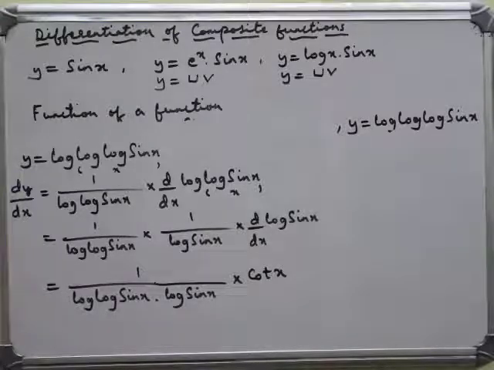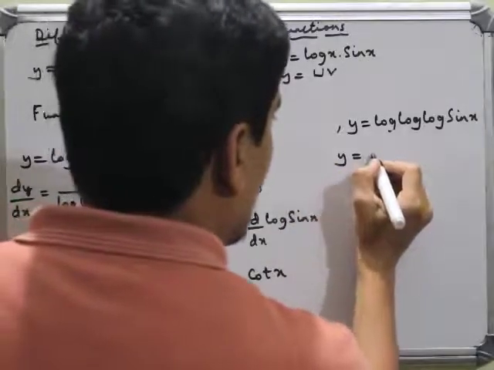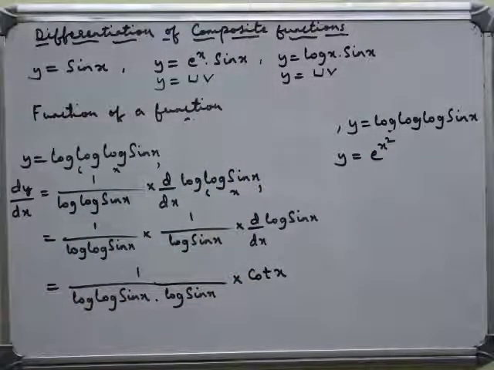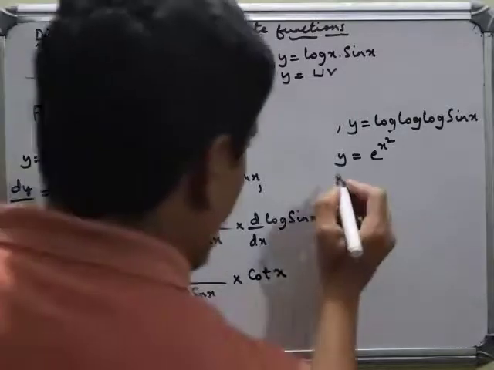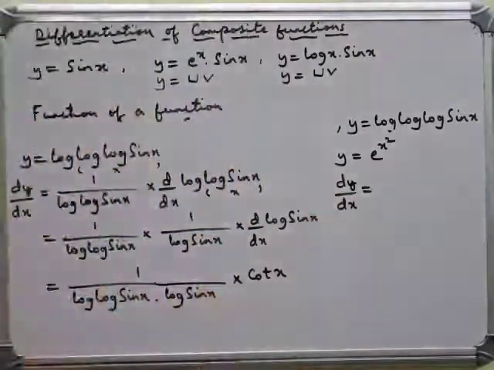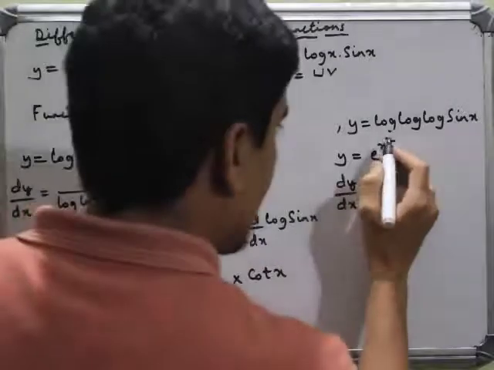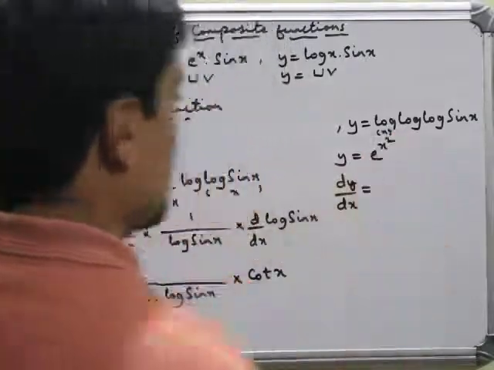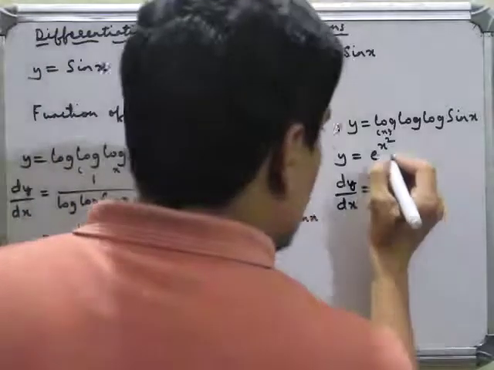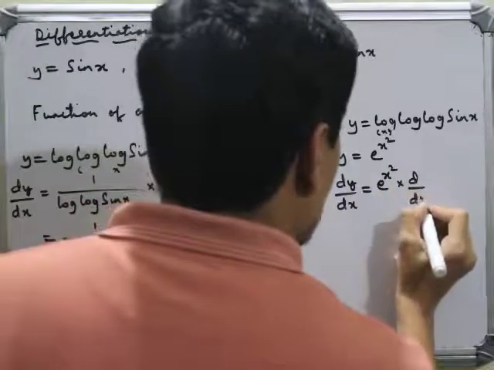Last one, let us take one more example. y is equal to e to the power of x square. So how to differentiate this? dy by dx is equal to, first differentiate the exponent. Differentiation of e to the power of x is e to the power of x. Now consider this entire thing, x square, as only x. So write it as it is. Differentiation of e power x is e power x. So in this case we have e power x square. So write it as e power x square into differentiation of x square.